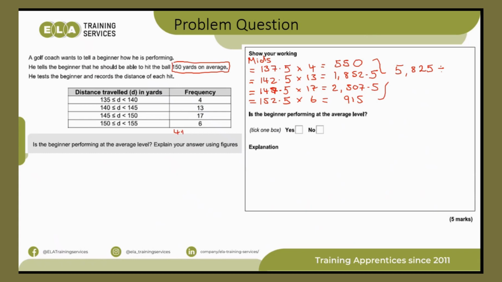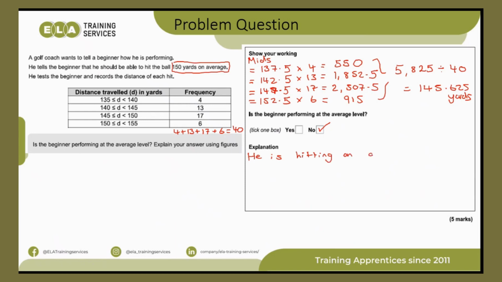So we're going to do 4, add 13, add 17, add 6, which is 40. So 5,825 divided by 40 gives us 145.625 yards. So is the beginner performing? He needs to be hitting at 150. So we're going to say no, he is hitting